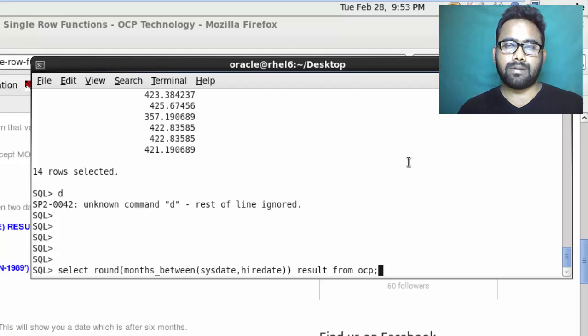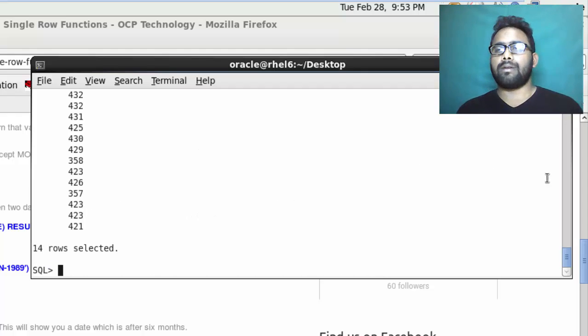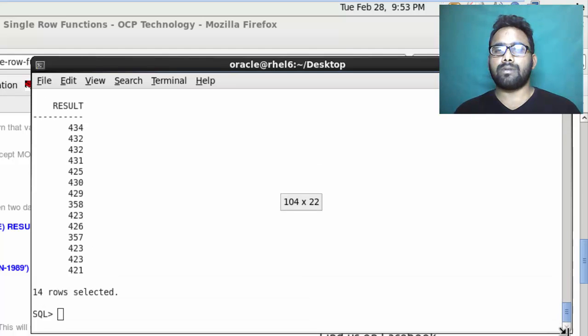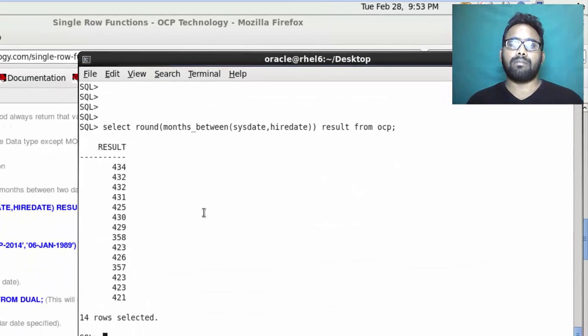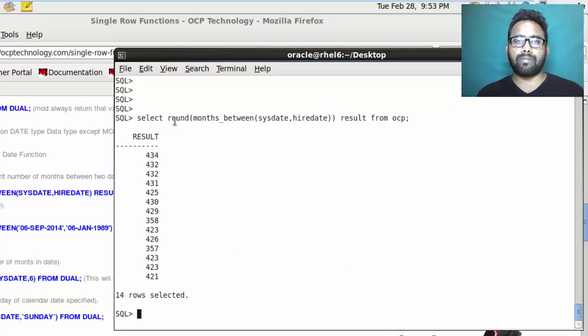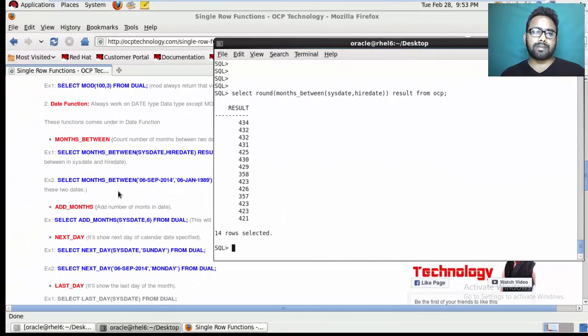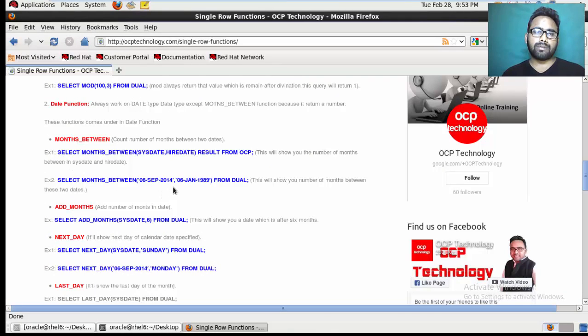Result is the alias of this column. Now this is the complete information about the number of months. The decimals are removed because the round function removes the decimal point. So this is months between. You can see example number 2 also. If you have two dates, you can use this type of method.